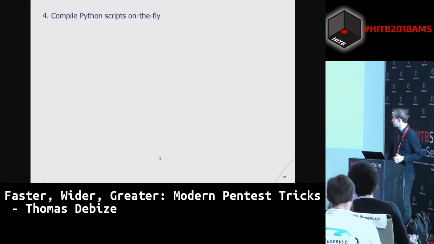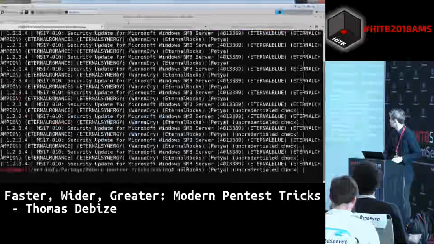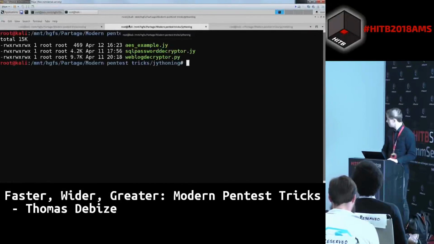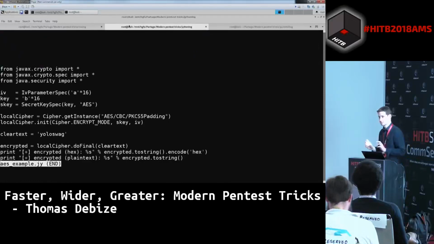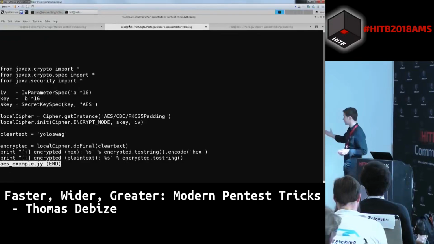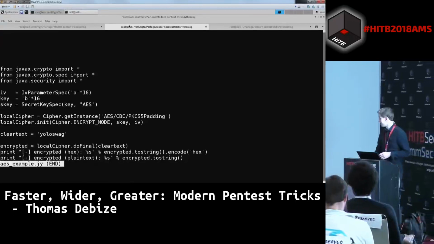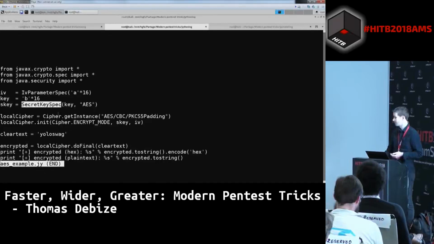Just to have a quick demo of this, I can show you. So, Jython. Here I wrote a tiny Java-like encryption scheme in Python, in Jython. It looks like this. There are a few lines, even more print lines than encryption lines. And really, you recognize the parameter, you recognize the secret key spec, and so on,